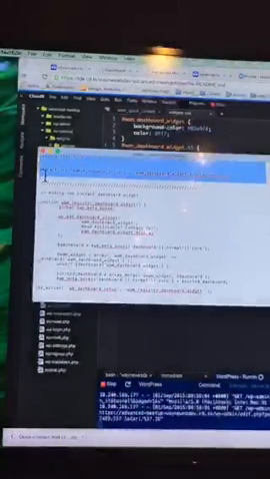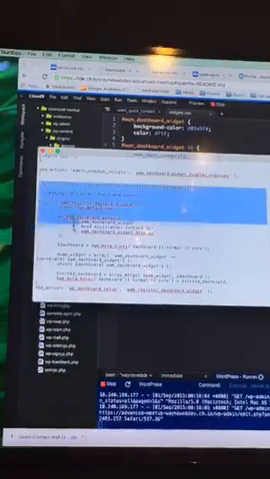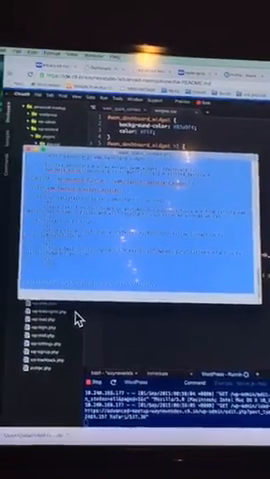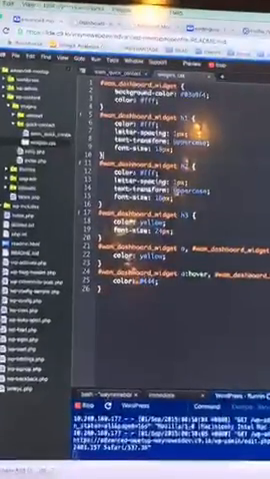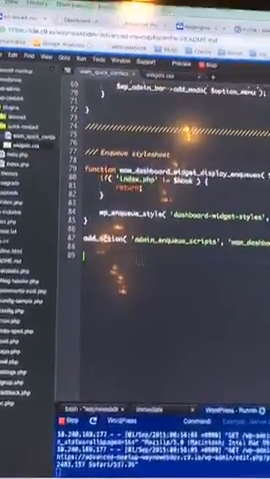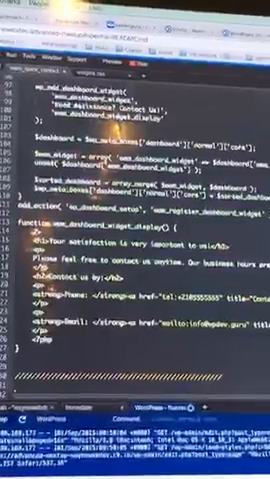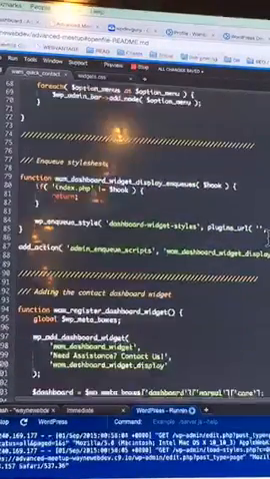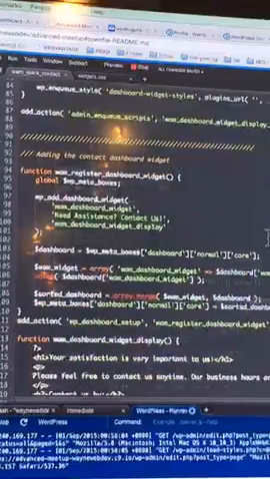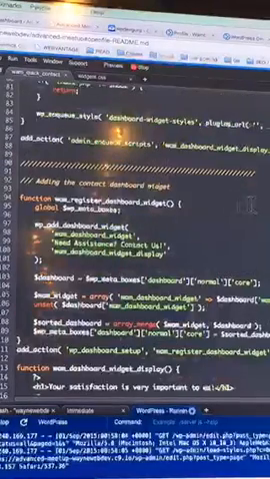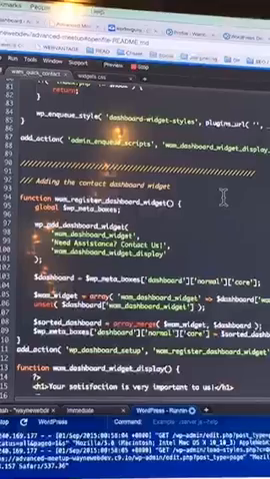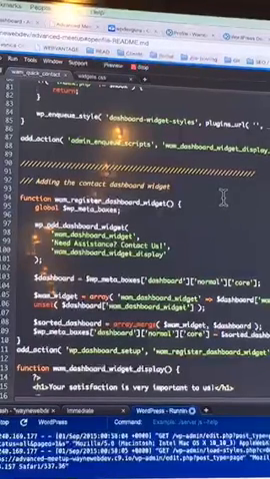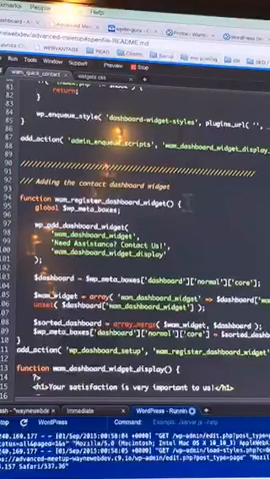Cool. All right. So now this next section is pretty long. Paste it down here. All right. So we're starting out by creating a function and giving it the name wham_register_dashboard_widget. And